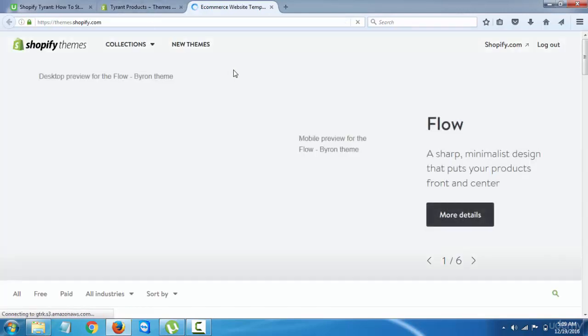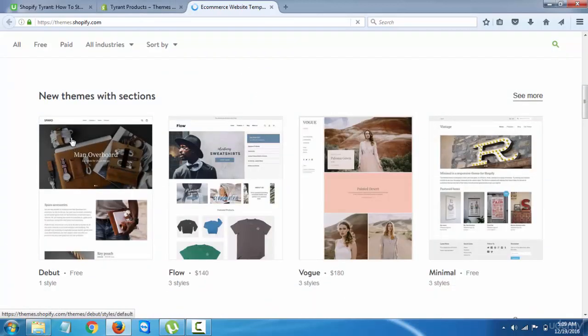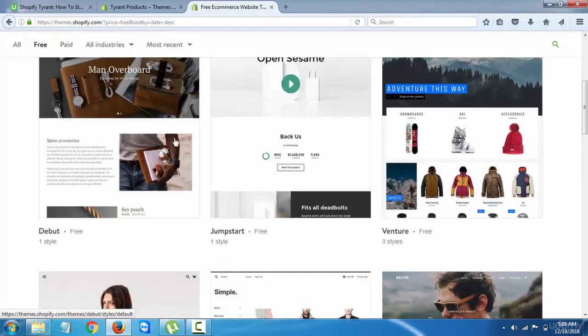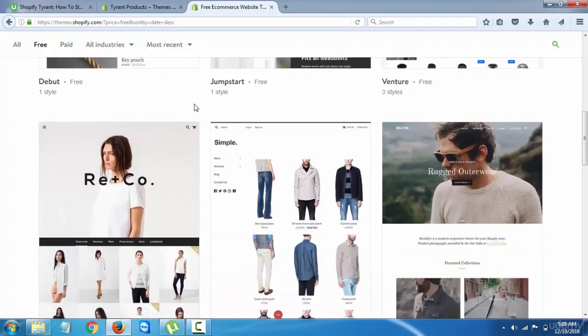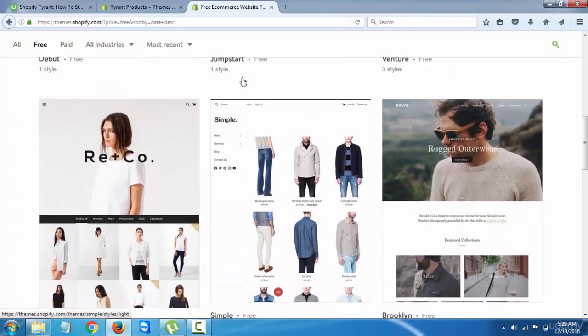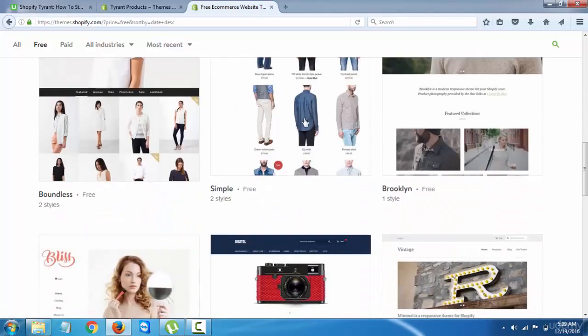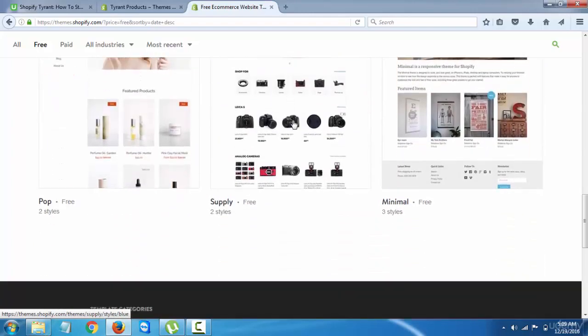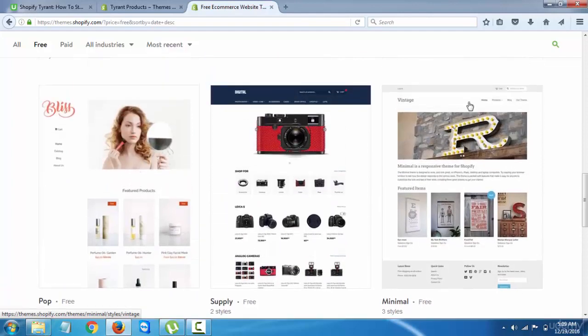Alright, you can see the themes here, the free and paid ones. Just click on free and you'll be able to see all the themes that are available. And there are a lot of themes actually, but the themes I personally like is the simple theme, which is a really minimal theme, and of course the minimal theme itself. This is one of my personal favorites,